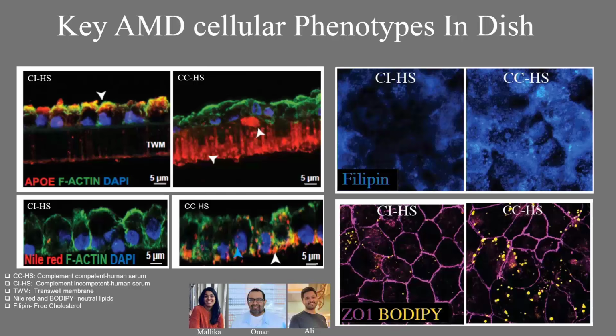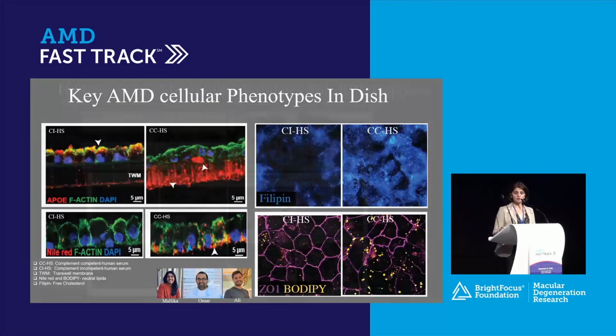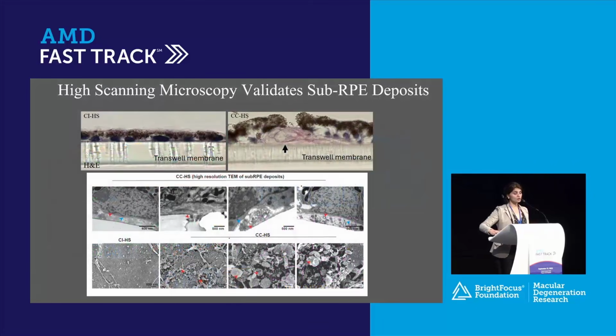So we used Nile red and BODIPY to stain these neutral lipids. You can see the cross-section view showing lipid deposits inside, shown by a blue arrow, or beneath the RPE, shown by the white arrow. In the top panel you see the Filipin stain. It marks the free cholesterol accumulated in the cells, and the bottom is showing the enhanced view of the BODIPY. So what I'm trying to show with this slide is that we characterized this model in a dish. We wanted to make sure this model is showing at least some of the markers that we know are present in AMD patients.